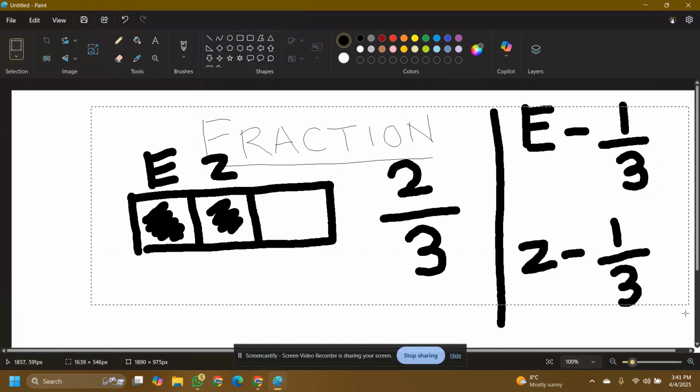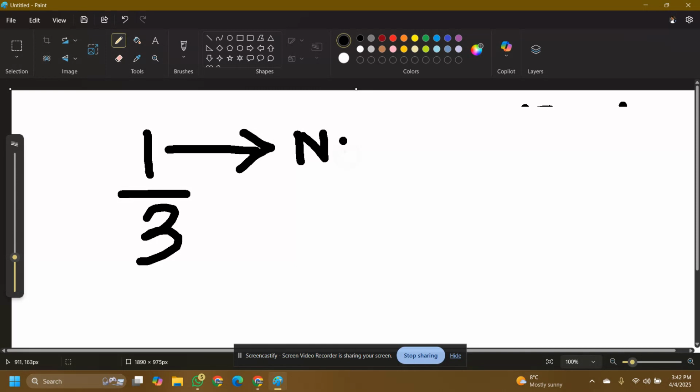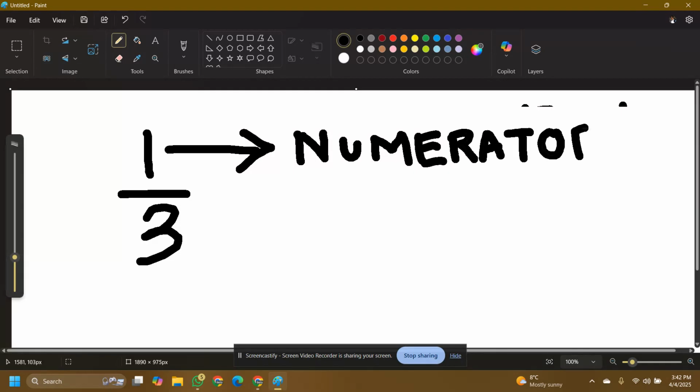Now let's come to the next part. So as we know from here that the answers were 1 over 3. This one, the number which sits on top of the line, that is known as a numerator. That is the number which sits on top of the line. The number which sits on the bottom of the line is called